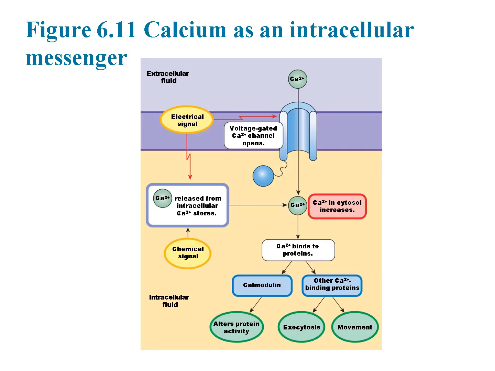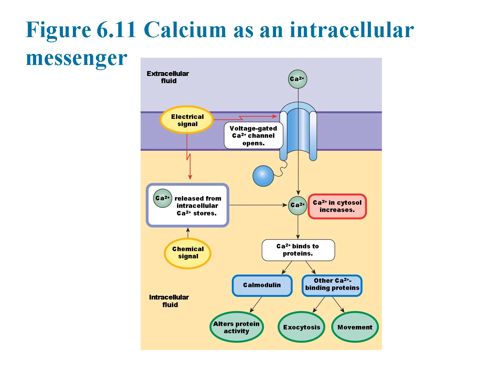This figure highlights how calcium ions function as powerful intracellular messengers, playing a central role in a variety of cellular responses. Calcium signaling can be triggered by either an electrical signal or a chemical signal. Electrical signals open voltage-gated calcium ion channels on the cell membrane, allowing calcium to flow into the cell from the extracellular fluid. Chemical signals can trigger the release of calcium ions from internal stores, such as the endoplasmic reticulum, into the cytosol. As the concentration of calcium ions in the cytosol increases, it binds to specific proteins that act as calcium sensors, initiating different responses.